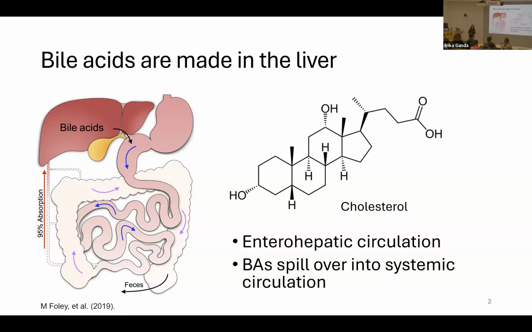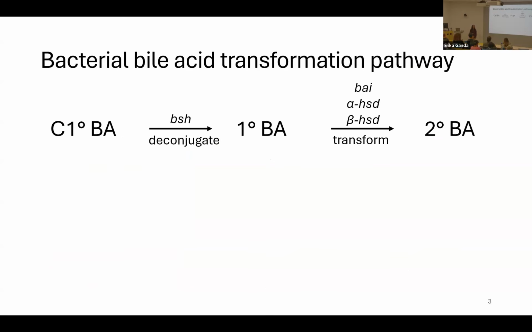The bile acid pool might be something you hear me say, and people have different definitions of this term, but generally I'll mean the collection of bile acids in a given system at any given time. And to get into some more specifics, this is the canonical bile acid transformation pathway. This is a pre-2020 pathway where conjugated primary bile acids, the ones that I just told you about. Also, I have a little cheat sheet for some of the terms that I'll be using consistently throughout the presentation.